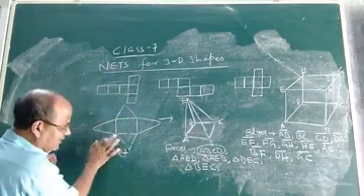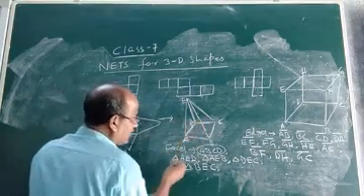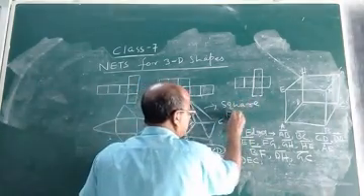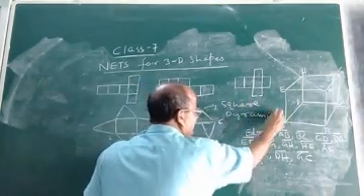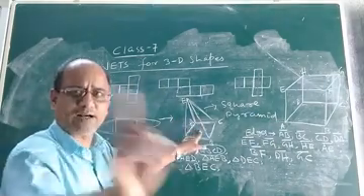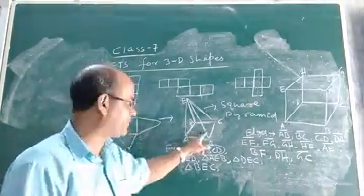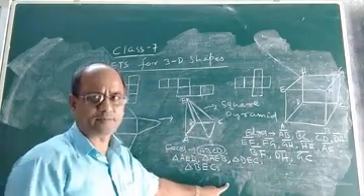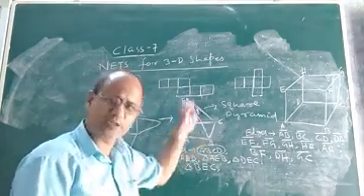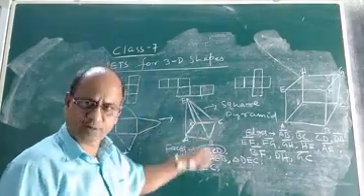So children, if this is the net of a solid, then the solid will be this. And what is the name of this solid? The name of this solid is a square pyramid. That means if you fold this net, you will get this solid only and nothing else, that is a square pyramid. And it has how many faces, children? It has 5 faces. 4 faces are triangular, and the base, which is also a face, is a square. Then you can easily count how many edges and how many vertices there are.